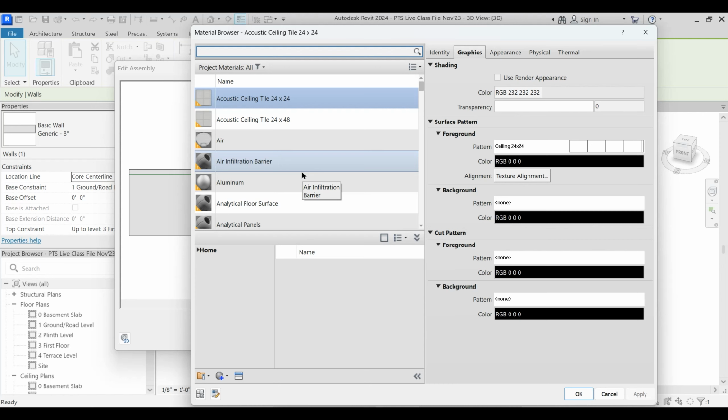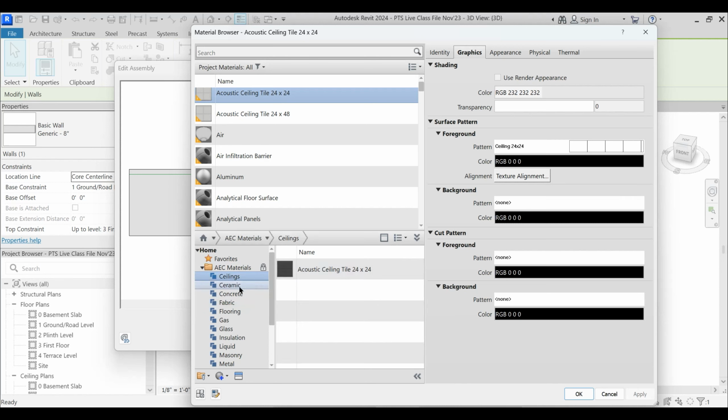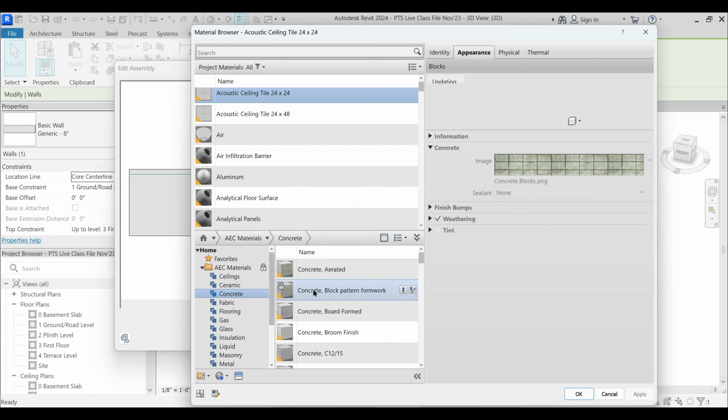But as I said yesterday, while working with Revit, various fields might overlap, so I need to explain the basics of this. And if you drop this down, if you have properly accepted your library, then you have all this inbuilt material provided by Revit.